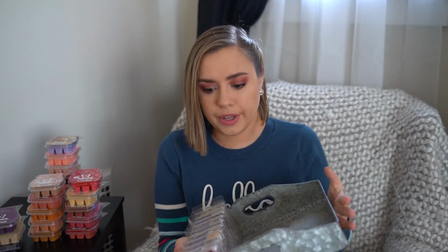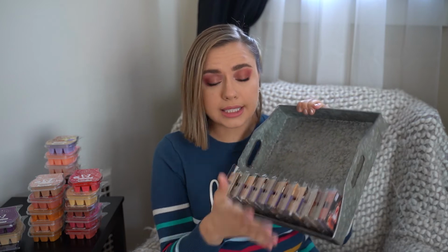The concern is clamshells. All of these in this little tray here, which I'm going to add all of my Scentsy ones to too if I can get them all to fit. These are all Walmart wax clamshells. Some of them are partially used, some of them are completely unused. I am going to share this tiny one first, which is Amaretto Blood Orange. This is one of the 98 cent ones. I don't know if the price went up now, but the mini little ones. This smells really good. I would just like to use it because I could use this in one sitting and it'll be gone. This one here is Iridescent, which